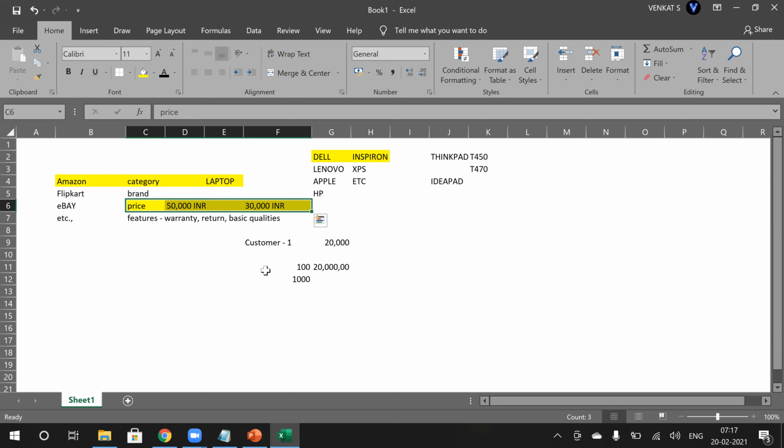For each customer, I don't go and maintain the same details multiple times. If we have 1,000 customers, we don't maintain it 1,000 times. Only one time we maintain this. So every customer can go and verify the details, and if interested, they can go and purchase the particular item. So this one-time maintenance is called master data.